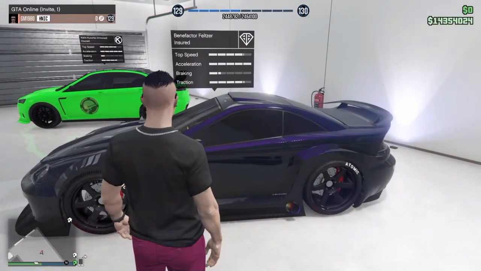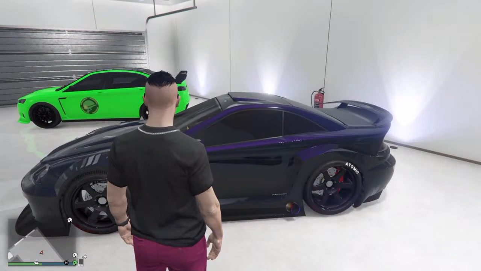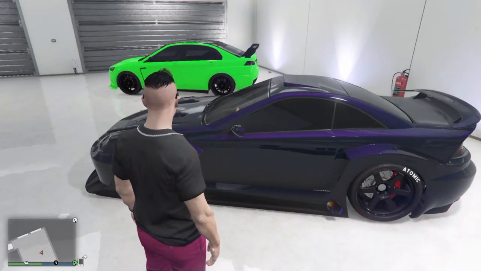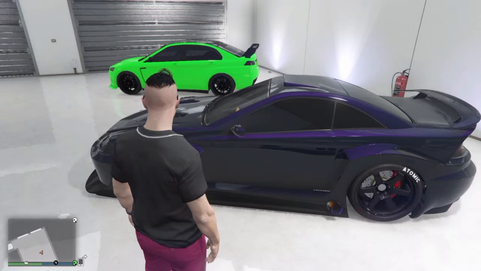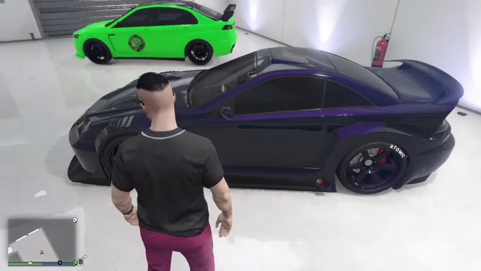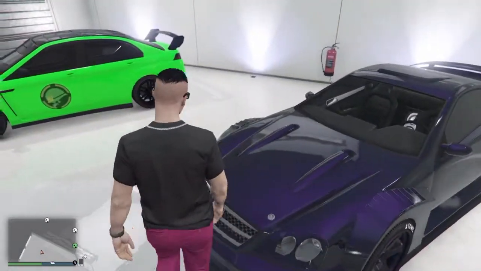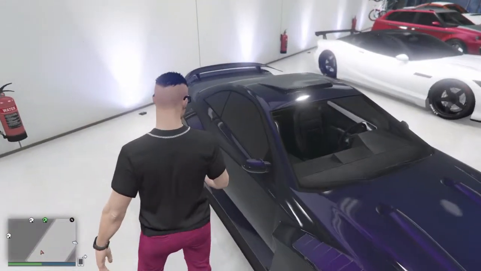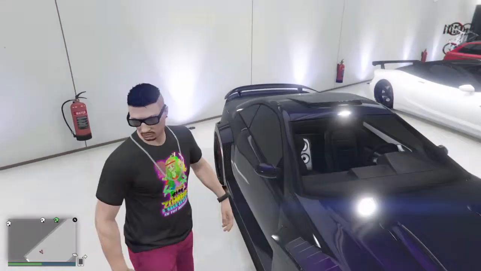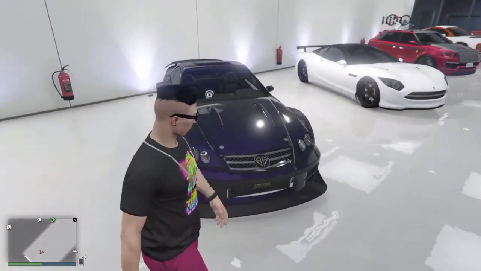This was the Benefactor Feltzer, or is the Benefactor Feltzer. This is probably one of the original cars I ever bought in the game, because I still have it. I love purple. It's one of my favorite colors, and through all the updates, I've never gotten rid of this car, because I believe, if I'm correct, it was the very first car I bought on GTA Online. And you know, for nostalgic reasons,